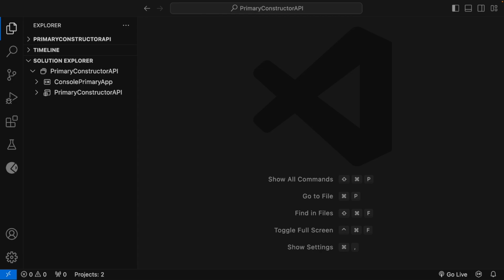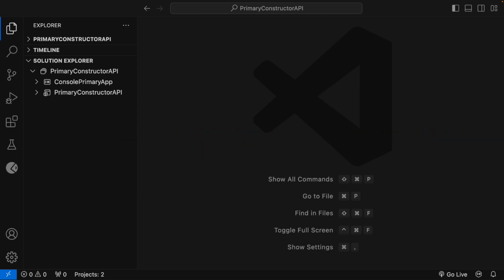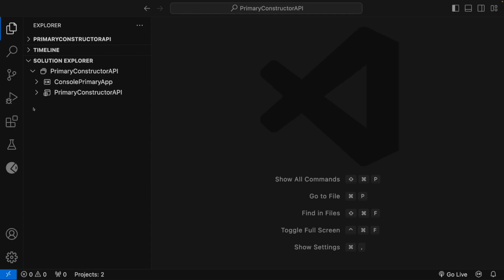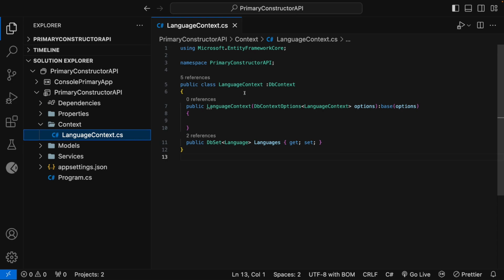Okay, so now let's see how primary constructors can be used with inheritance. For that, I have created an ASP.NET Core Web API project. This project is using Entity Framework Core for storing and retrieving data using an in-memory database. Let me expand the API project. Here you can see that in the context folder, I have created a class LanguageContext which is inheriting the